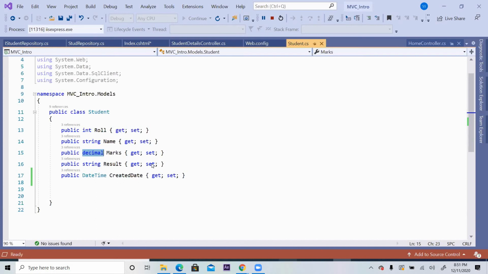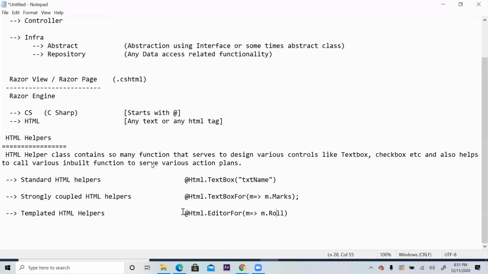So this time it will design a text box for me, and automatically it will set the property of that text box to a numeric feature. Means somebody cannot type ABCD and all.